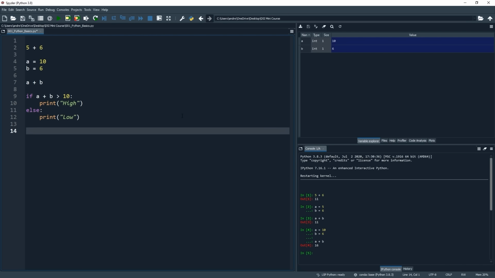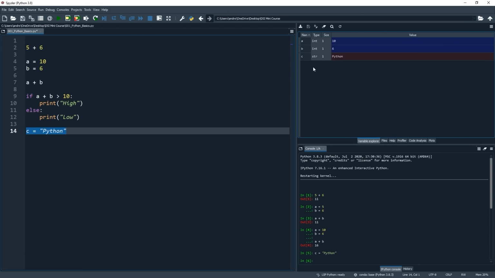Now, so far we've just been looking at numbers, but we can also store text, or what are known as strings, in a variable. We just need to put quotation marks around it so Python knows that this is what we're trying to do. So we could do something like C equals, and then in quotation marks, Python. And if we run that and we take a look up in the variable explorer, we can see that we have created this object called C, and this time it is of type str or string.